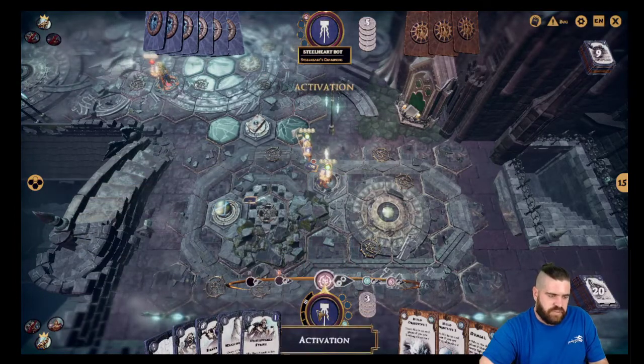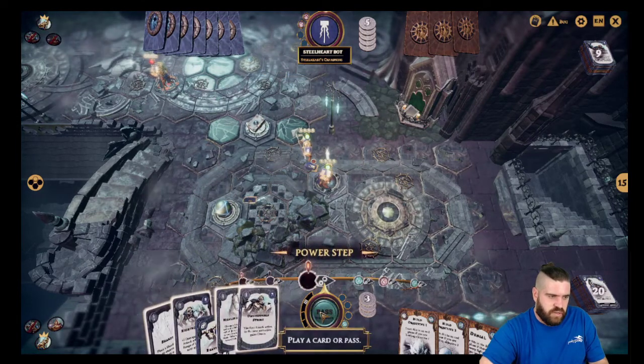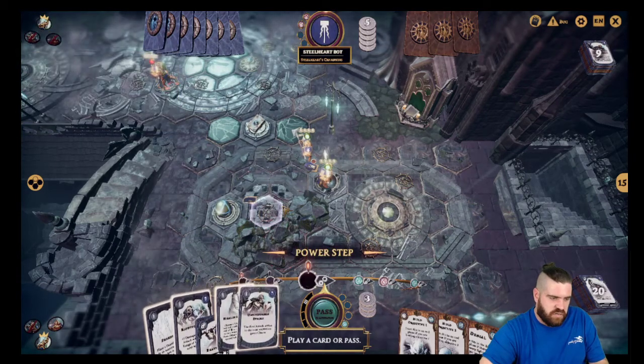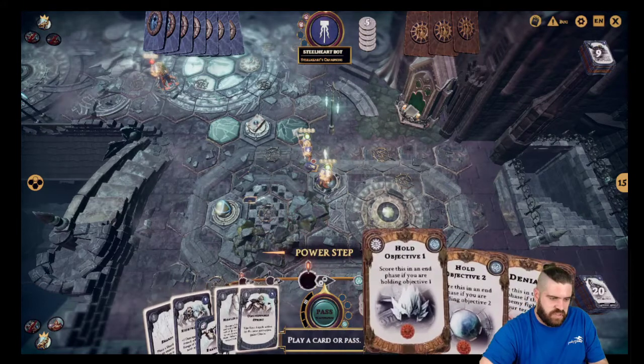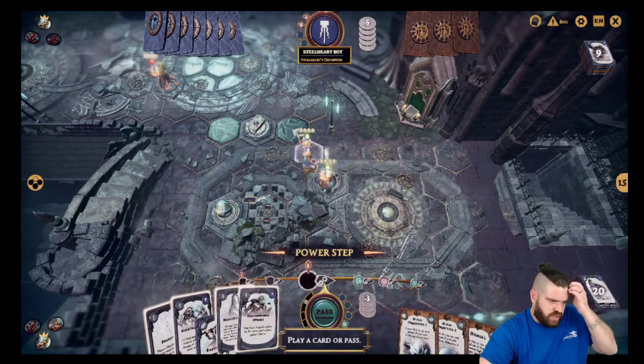He has a power step to play a card, and he doesn't. So he did nothing. He's just chilling, which is a thing, I suppose. Hold objective 2. Where's that? Well, you know what? I mean, even with